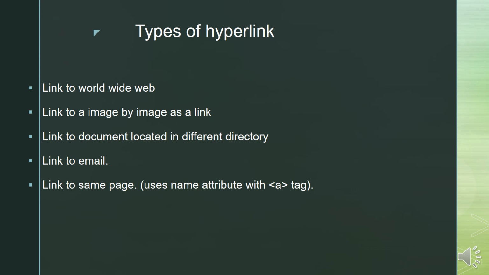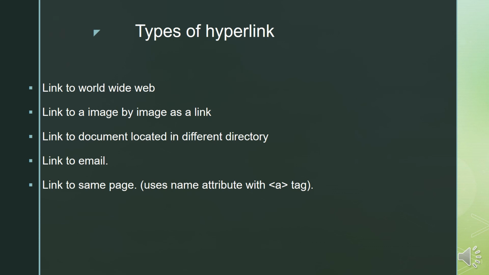What we do is create a hotspot at one place with the name attribute, and give that particular area a specific name. When I write href wherever I want to click and jump to that part, I refer to the name I have put in the name attribute.